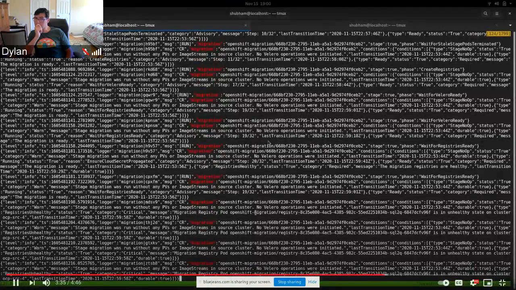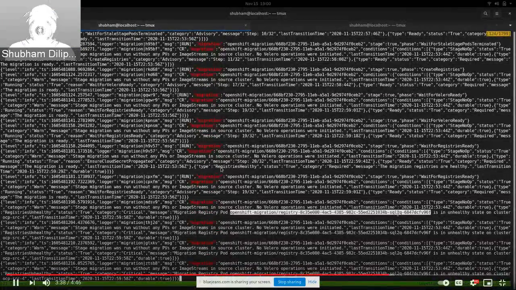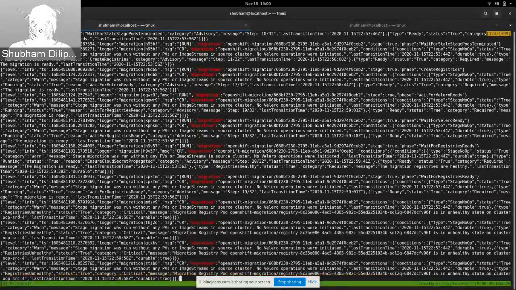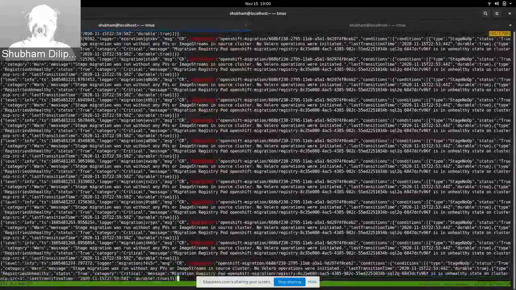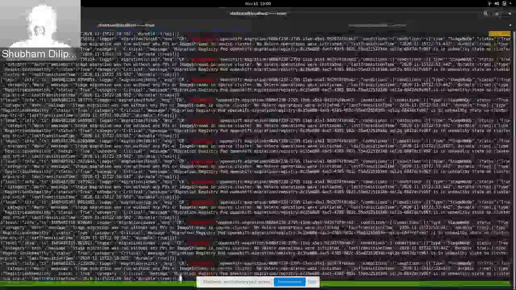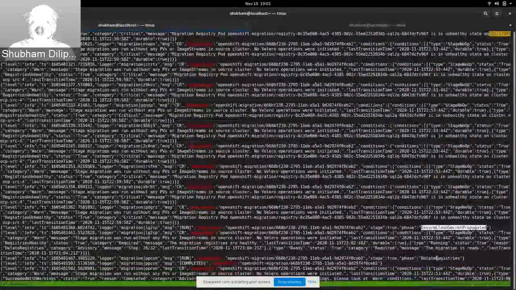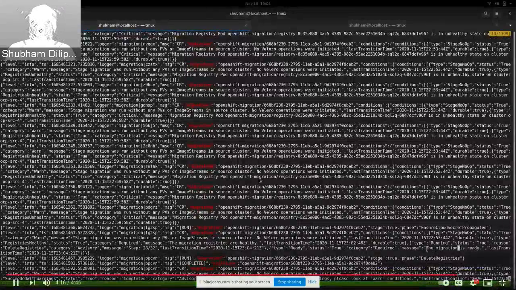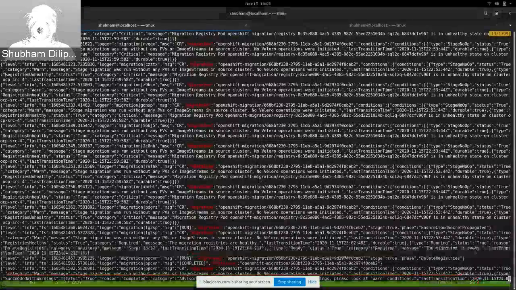but now we see a new condition of registries being unhealthy, and the message associated with the registries showcases the pod which is unhealthy. So as a developer, this gives me a context on what is happening, and so I know that something is wrong with the registry container. So I check up on the container and I see that there is a network issue associated with it, and after identifying the root cause and solving the problem, the logs will be updated, and this enables us to see what kind of conditions the migration went through. So now we can see that the problem was resolved and registries became healthy, and the migration is ready